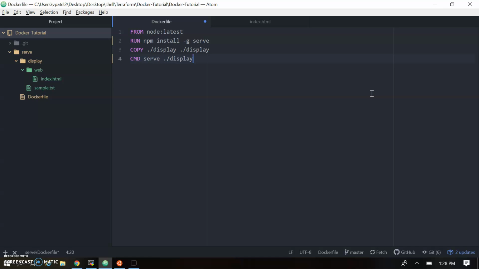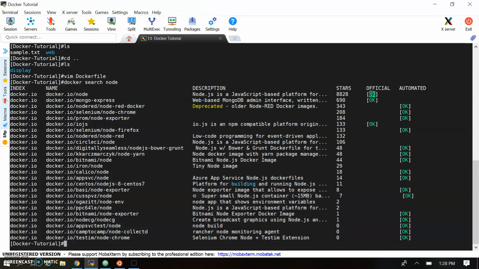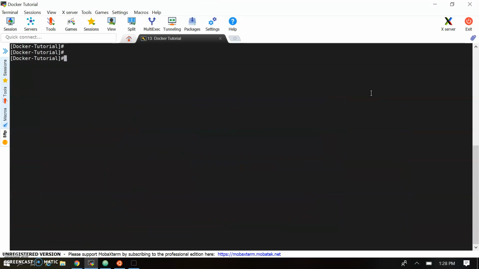So this is our Docker file, and let's run this file. Let's go to the console. Let me clear here. So we have two things: one is the display structure and the Docker file. Let's do the Docker file get so we can understand that things are as we have written. Okay, everything is the same as we have written, and now we are going to create the Docker image.